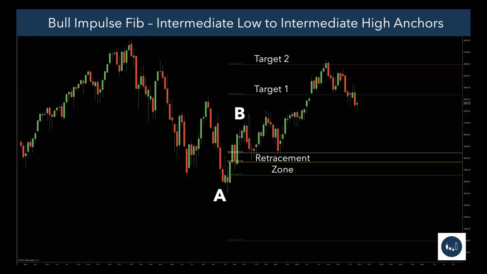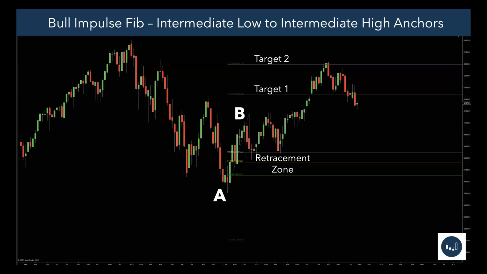So as price came out of this retracement zone, it actually came back and retested it again before absolutely taking off to the upside. Keep in mind, again, this is a weekly chart. Price went up to target 1, which is the minus 23.6. In fact, to get there, it gapped over it. There was support and resistance off to the left, and it gapped over it, and price kept right on going